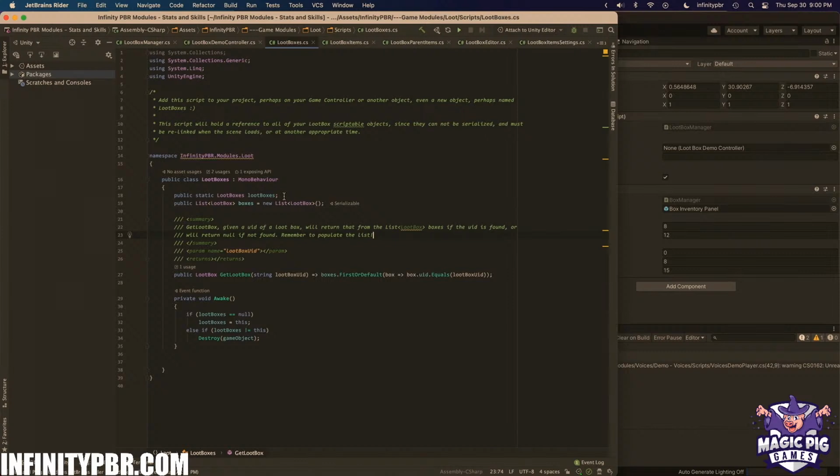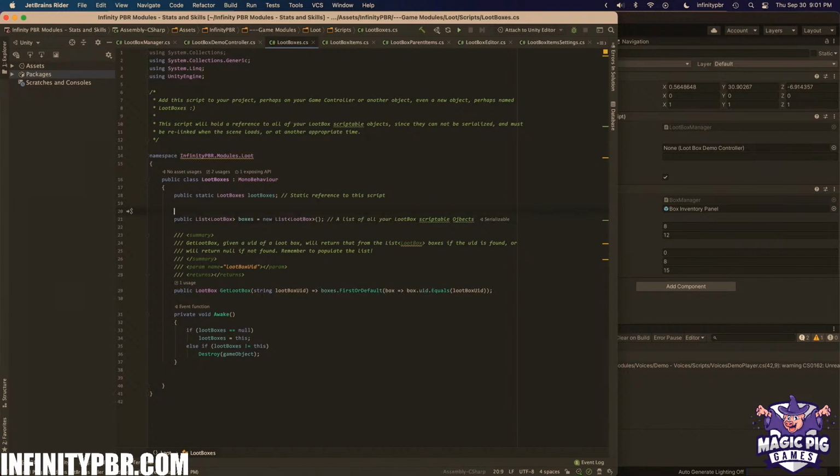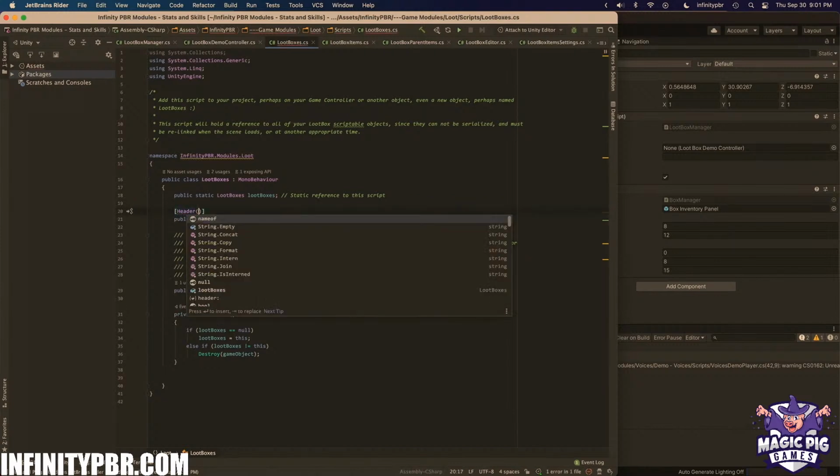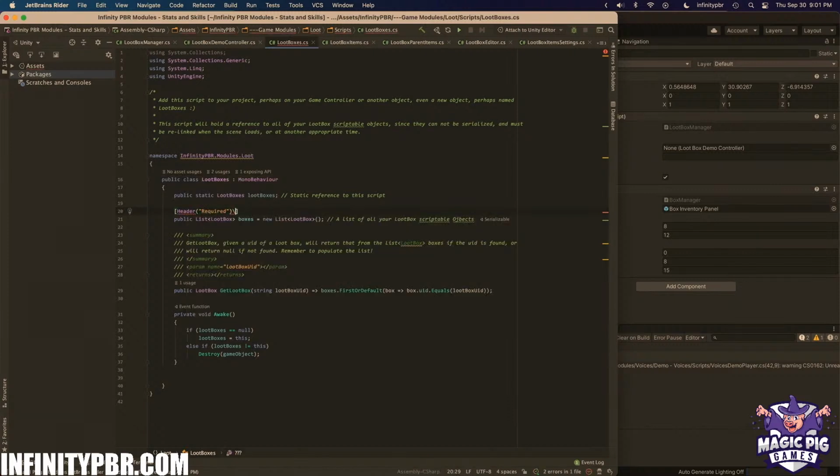static reference to this script, and a list of all your loot box scriptable objects. And I am going to put a header here, header required. I'm also going to put check loot boxes content, and